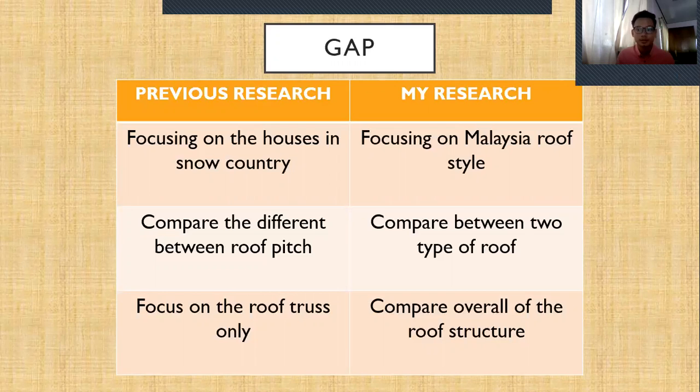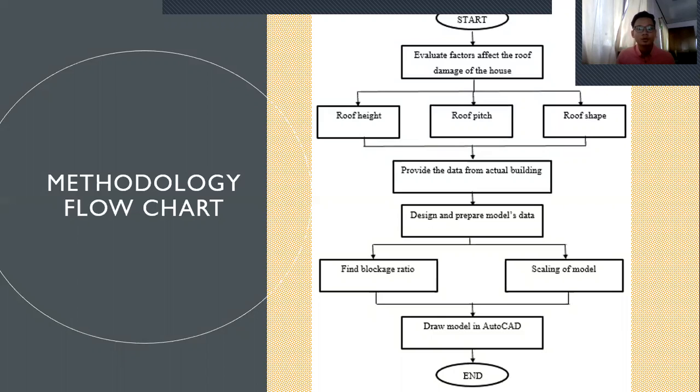They compare different angles. My research compares two types of roof, which are the gable roof and the hip roof. The previous research focused on the roof truss structure only, but my research focuses on the overall roof structure. Okay, for the flowchart, from the start, first evaluate the factors that affect the roof damage of the house, which are